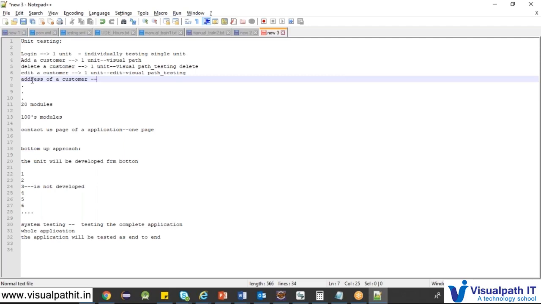So why is smoke testing conducted? It is to save the time that you would waste. I said a small example of the login screen. Suppose the login screen is working fine, you go inside the application, and there is a major functionality, for example, add a customer. If adding a customer itself is failing, there is no point in continuing the testing for edit a customer or delete a customer, because only once you add a customer can you edit or delete a customer. So adding a customer failing will be caught in the smoke testing, and they will send it back immediately